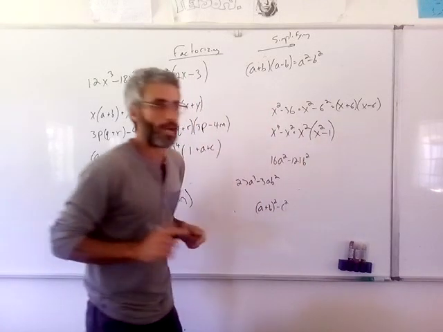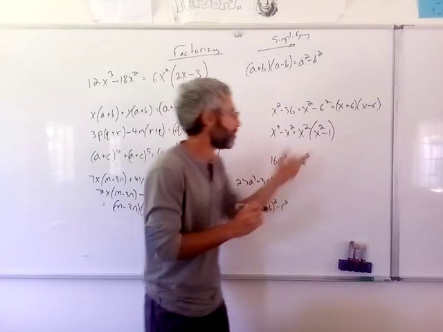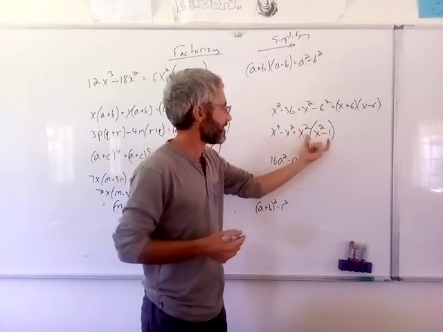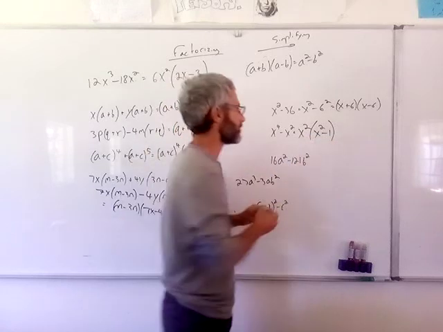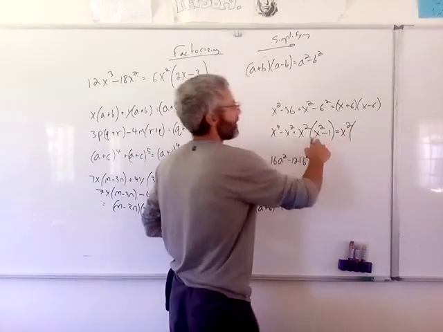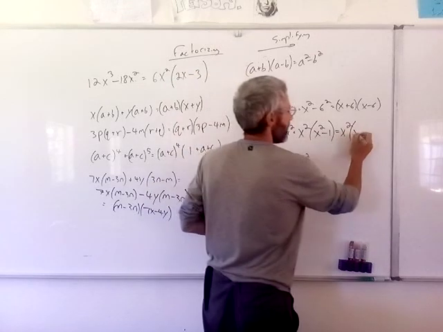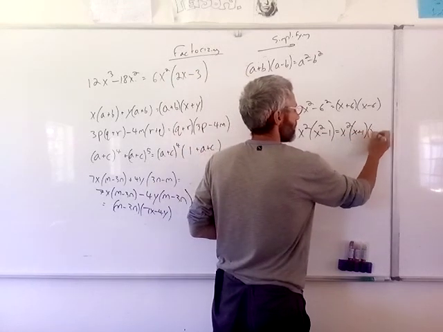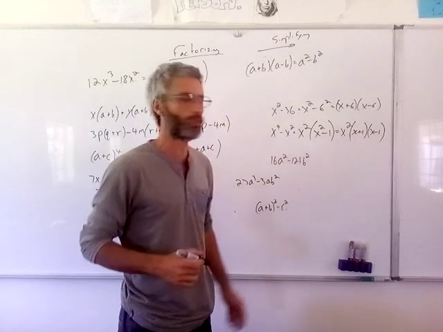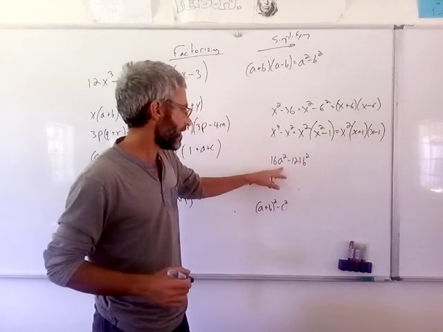Now remember, I told you, you must always check your brackets and see if you can factorize them any further. And this bracket I can still factorize, okay? So x squared remains there. What is x squared minus 1? Well, it's x plus 1 times x minus 1. So you see, sometimes you'll have more than 2 terms. Here, okay,